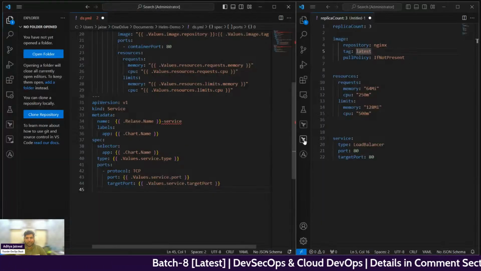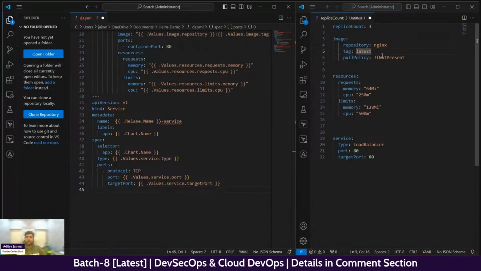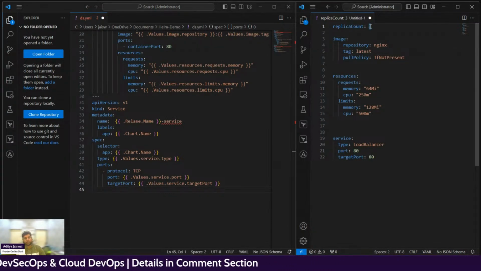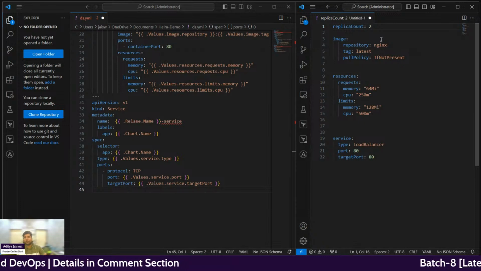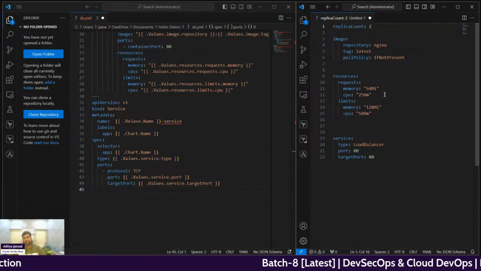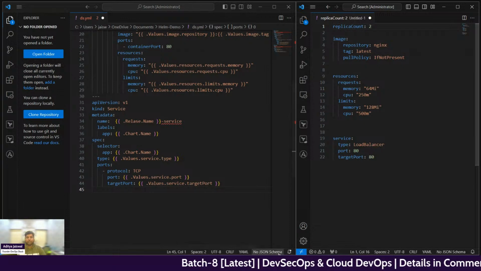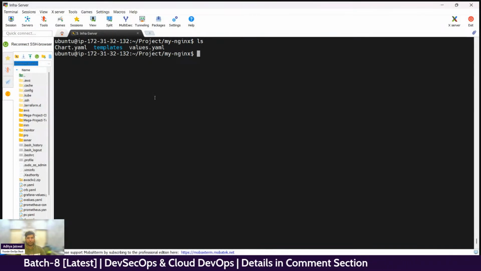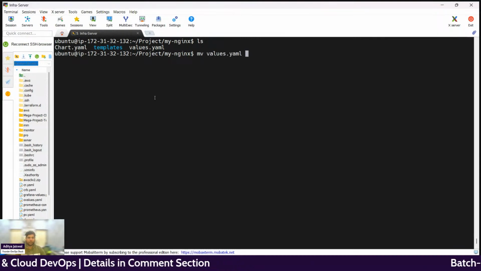Scenario should be like that. Let's say for our dev environment, I want to have replicas 2. For QA environment, I want to have replicas 3, or these will be the changes, right? I want to have different things for different environments. So for that, what we can do, we have these files, right? values.yaml. So first of all, I'm going to create 3 values.yaml. First is going to be dev